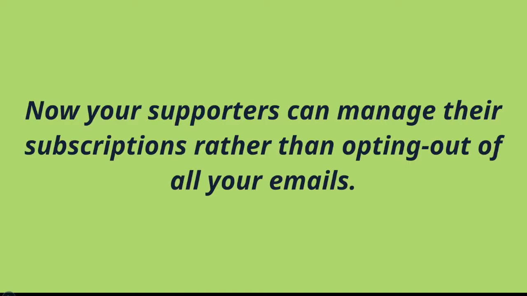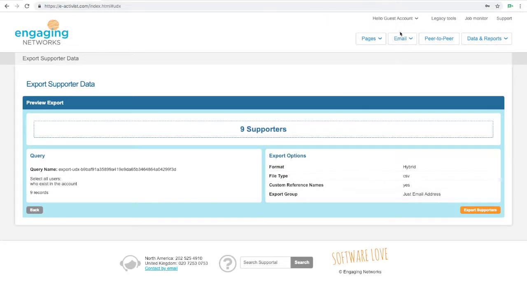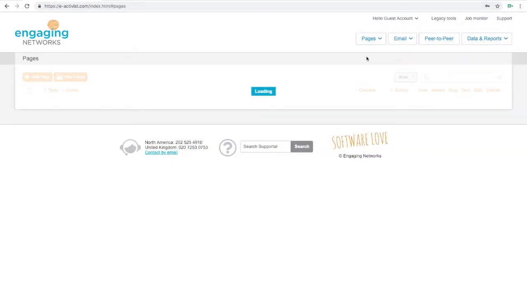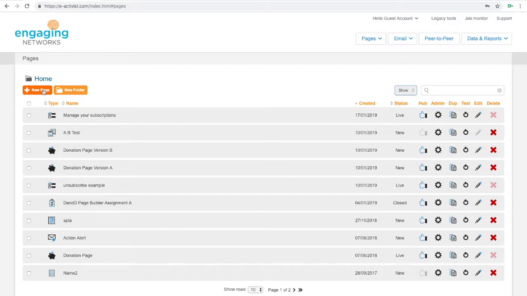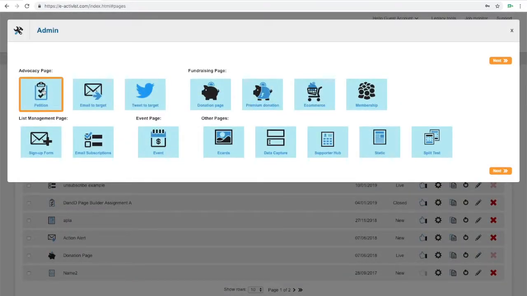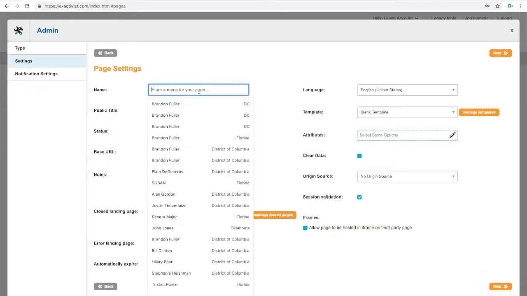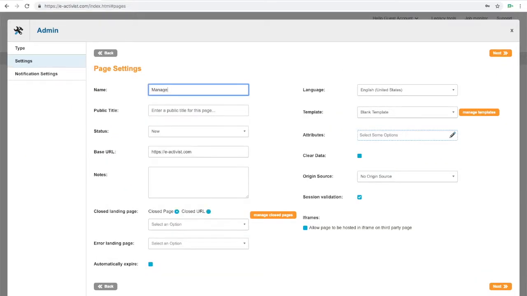Now your supporters will click that Manage Subscriptions button and they'll be able to manage the subscriptions they receive rather than opting out of all of your emails. So let's go into EN and see how this is done. So I'm going to go to Pages, Manage Pages, and click on New Page. Here is the Email Subscriptions option. Click Next. I'll name my page